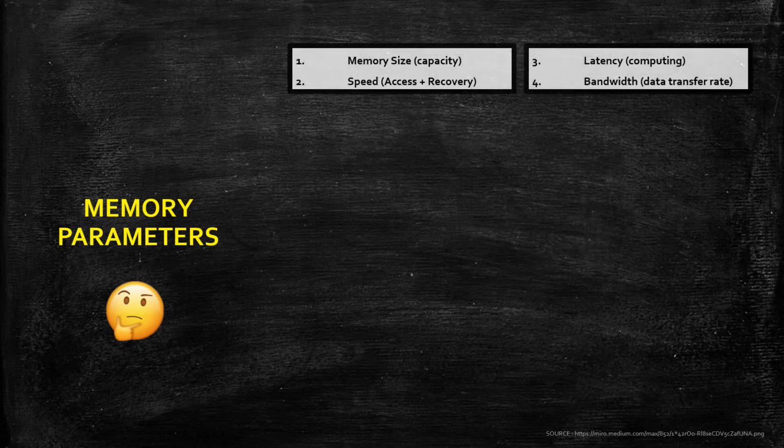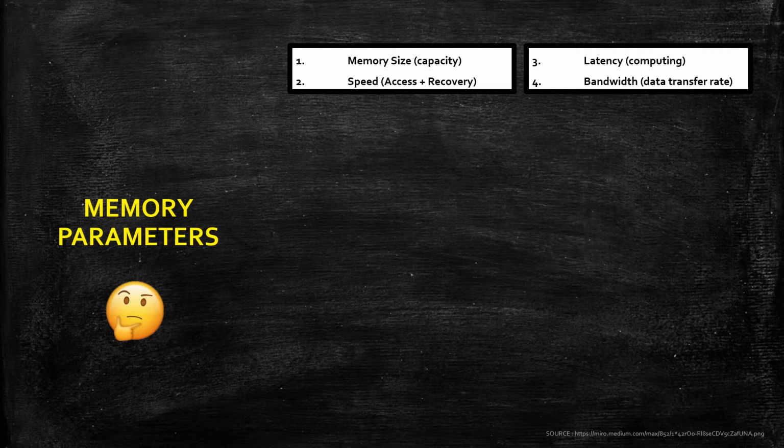Okay, now let's discuss the memory parameters. Normally, when we go to buy a computer memory, we get confused about which type of memory we should buy. Simple example, pen drive, right? When you decide to buy a pen drive, the very first thing that comes to your mind is the size, 16 GB pen drive, 32 GB pen drive. But it is not the only case that only size matters. Along with the size, along with the capacity, there are other important parameters which we need to keep in mind while buying computer memory.